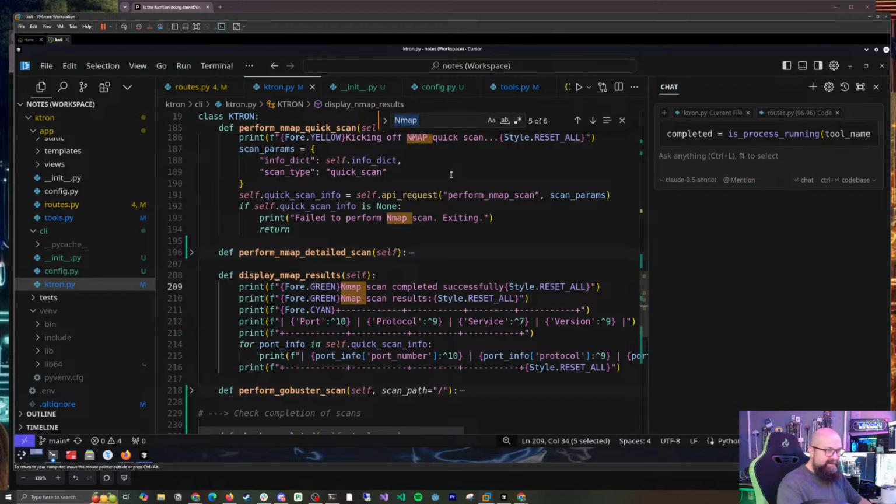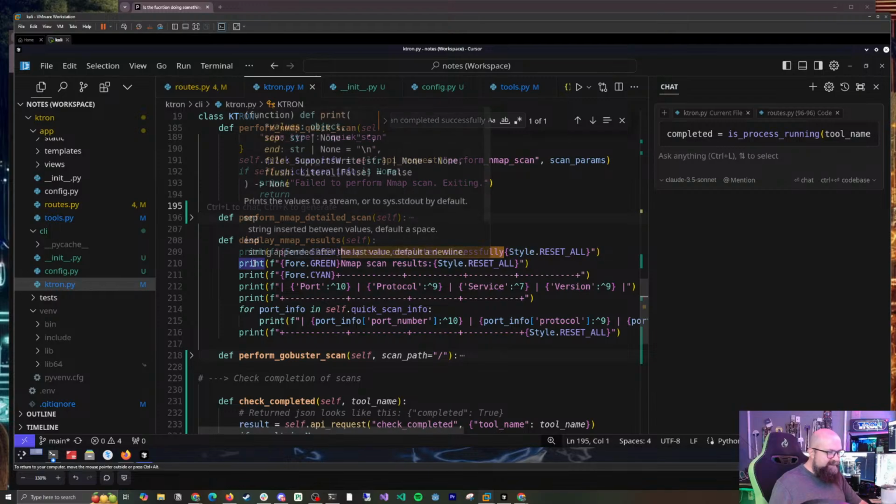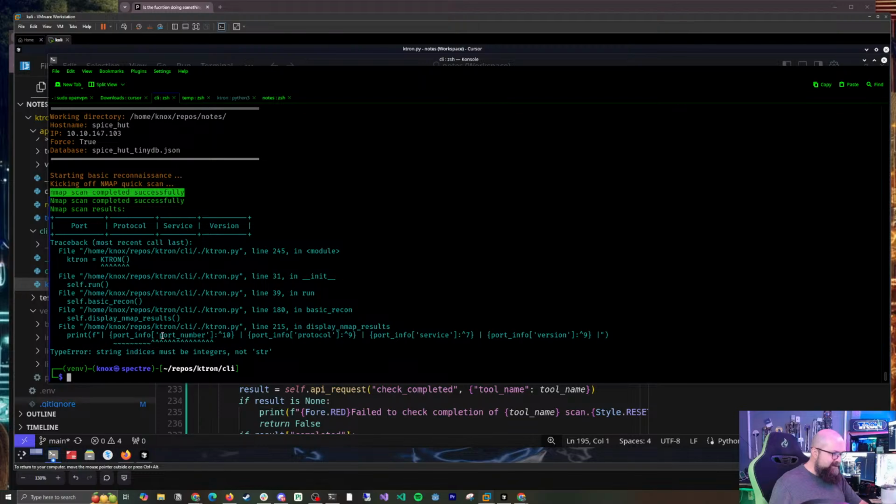Control F, paste. It only shows it happening here once. All right, well, we'll find that eventually. We're not going to worry about that right now. Okay, so over here in this display in-map results, we're going to definitely, because my brain is turning to jello,